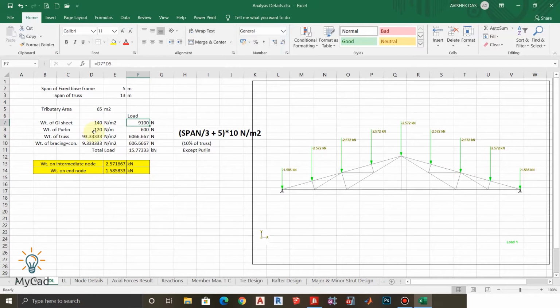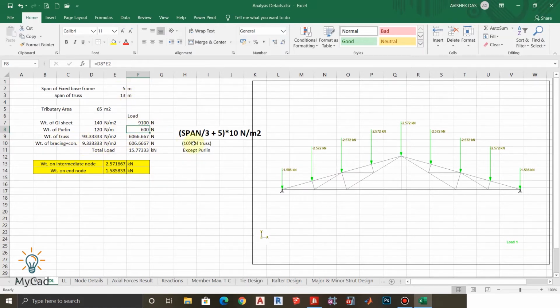And for the purlins we have 120 Newton per meter, and the spacing between the trusses is 5 meter. So the weight of the purlin will be coming on each node. So the load on each node will be 120 into 5, that is 600 Newton.